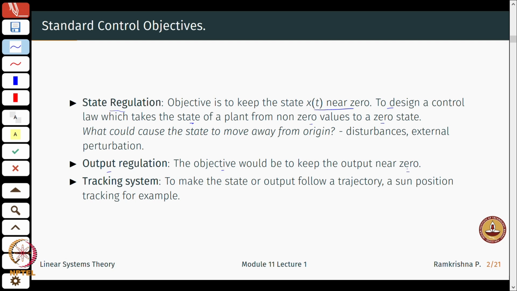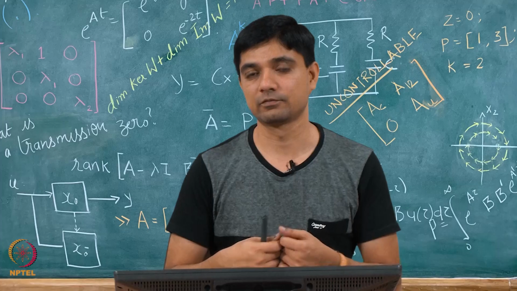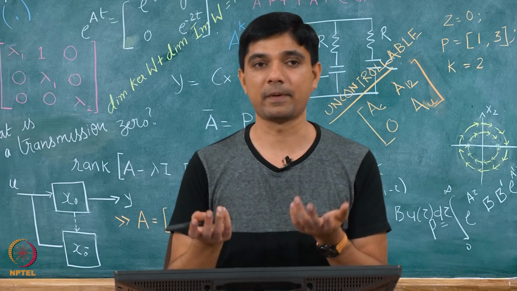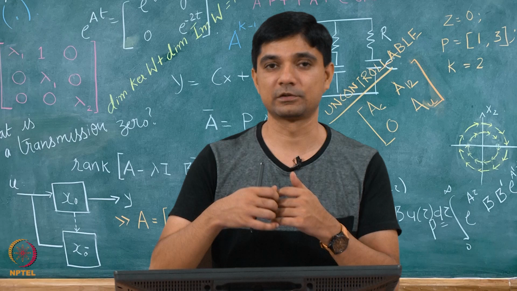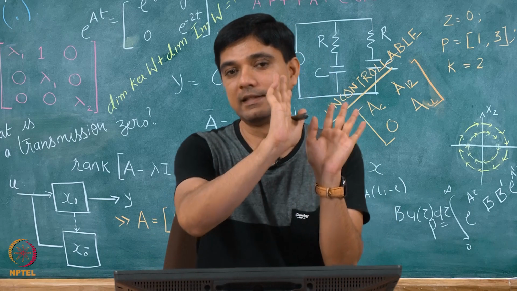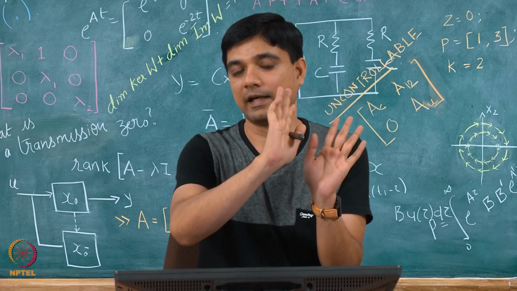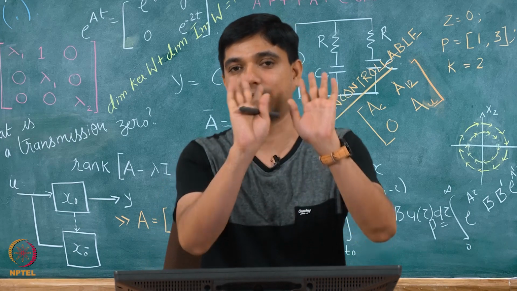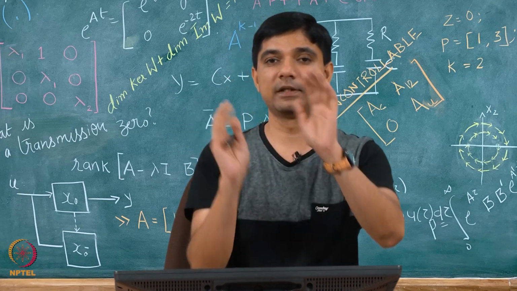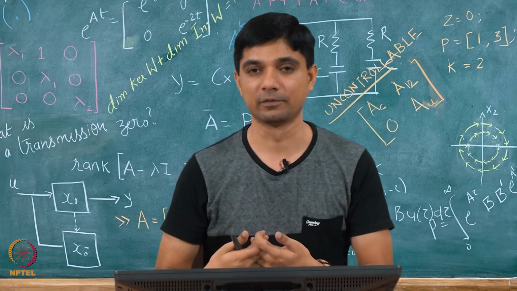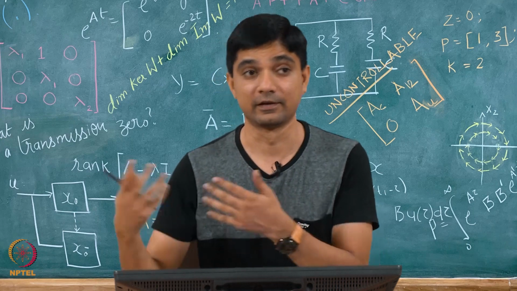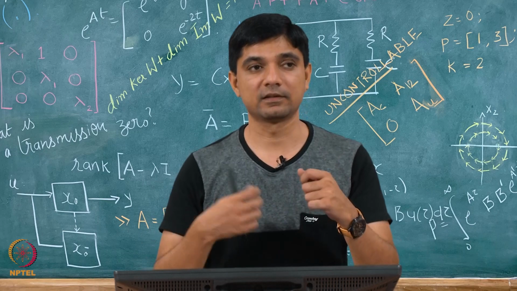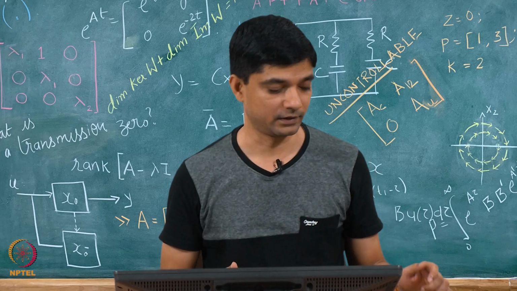Now, the third thing could be looking at a tracking problem, where I can make the state, or even the output in some cases, follow a desired trajectory. Say I want to design a solar panel. If I face it at the east in the morning, towards the end of the day I may not maximize the output of my solar generator. So, I have to really track the position of the sun, and this has been a very interesting and well studied problem in control literature, or even from a power engineering perspective. So, these are typical control problems that we encounter.